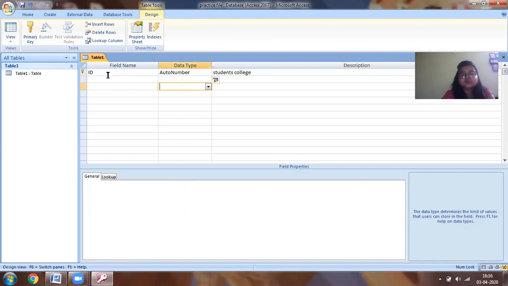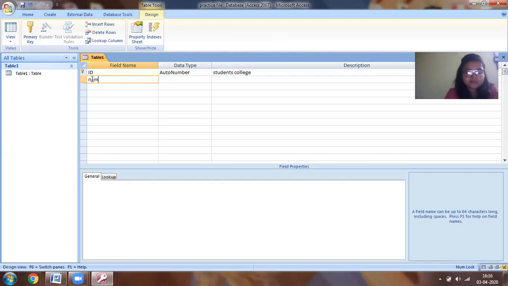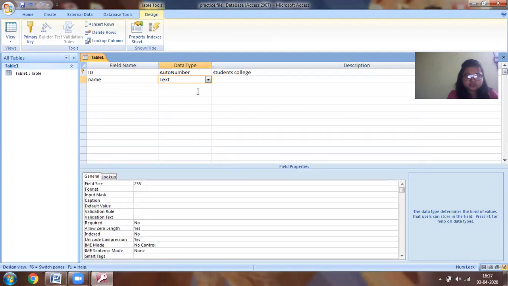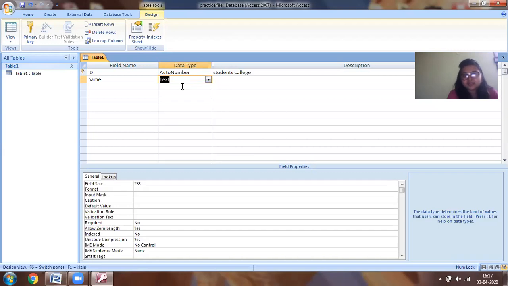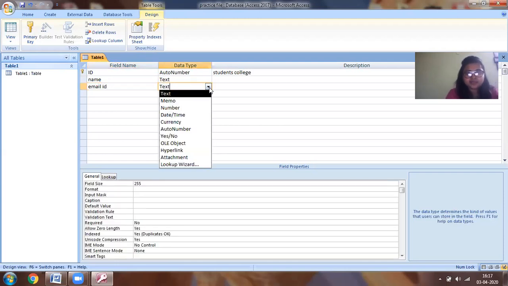So this is ID, which the computer will constitute as auto number, preparing the number by itself. Next field name, I could have a name, and for the name I could have text. Email ID, I can have hyperlink.